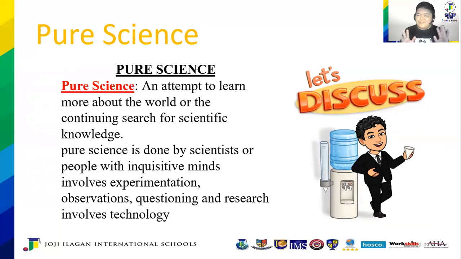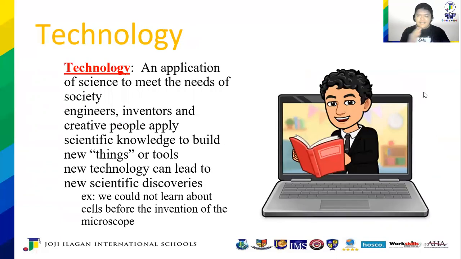So that's pure science. Technology, on the other hand, is for the IT folks. Hello also to the IT majors. They are the ones who make new things, inventors, creative people. They build programs or applications or maybe a new algorithm. It's technology. That's an application of the science behind the code. So I'm explaining this in the sense of IT.